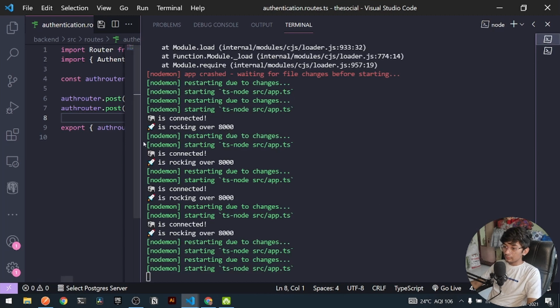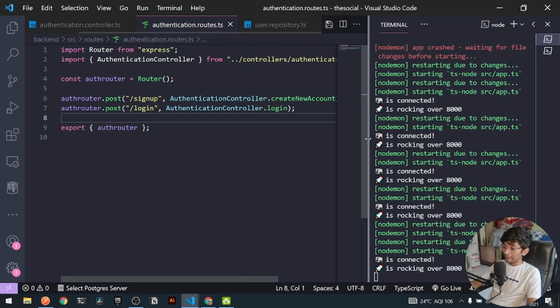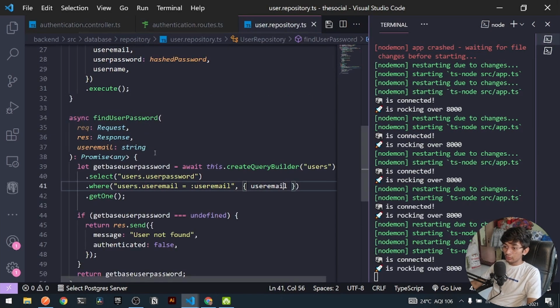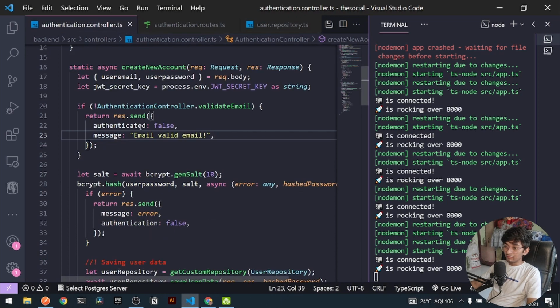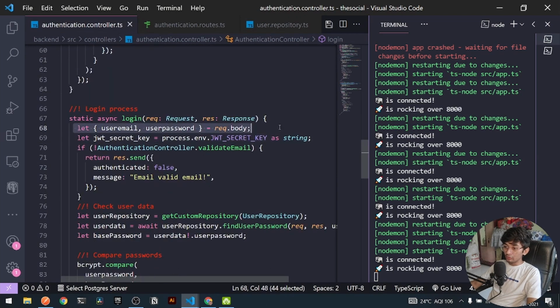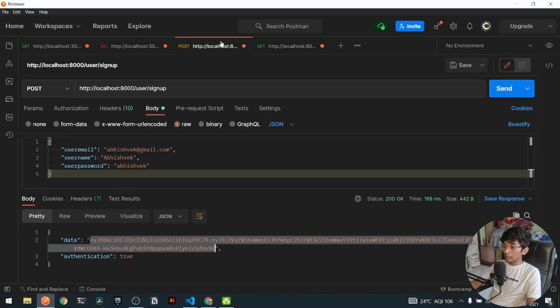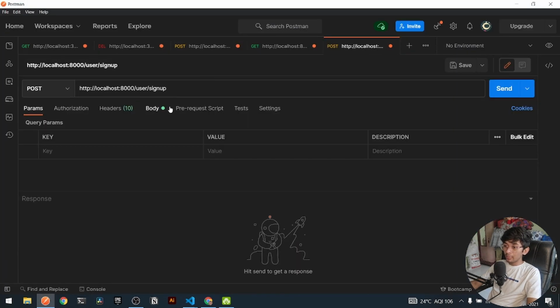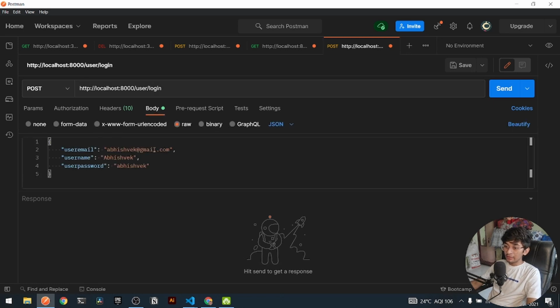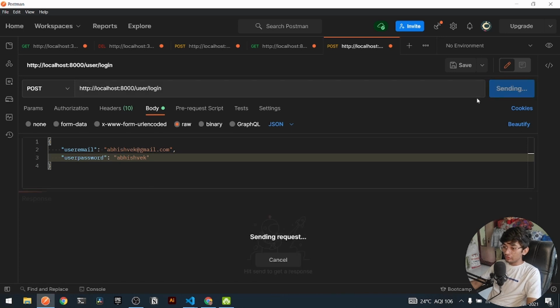So let's try it out. I can go back. Let's wait for it. Okay, our database is connected. So first thing first, I need the following input of user email and user password. So what I can do, I can copy the exact same case, and let's duplicate a tab, right? It should be a login method, and under my body, it will only require a user email and password. So let's send a post request.